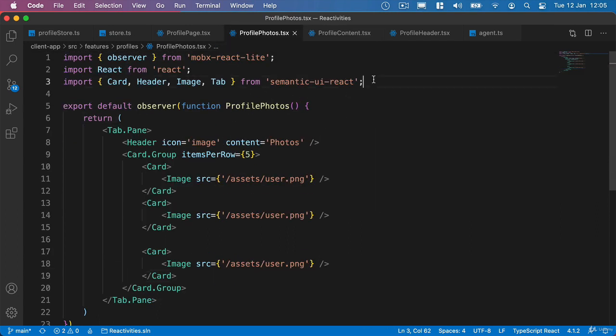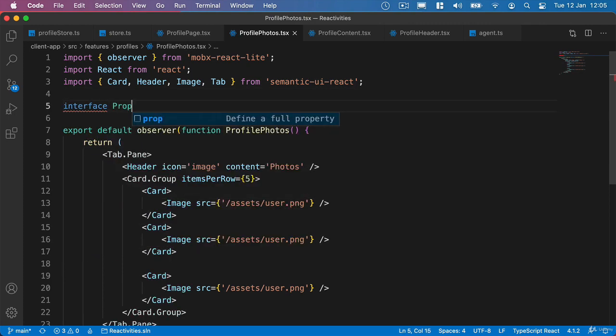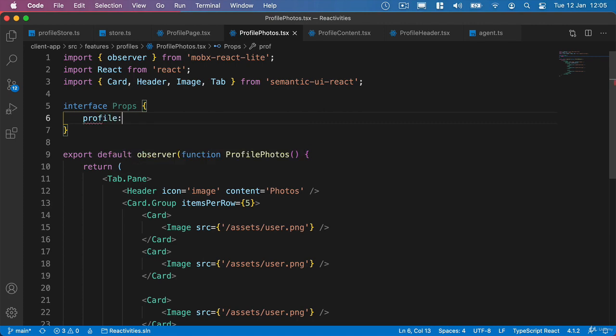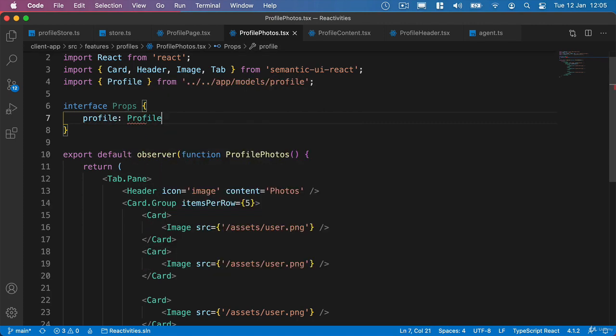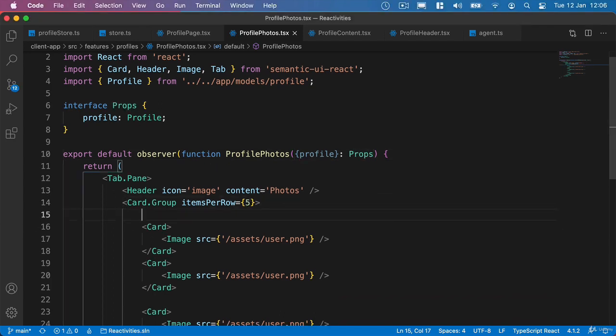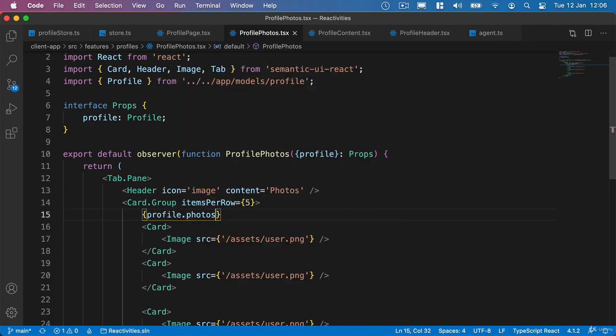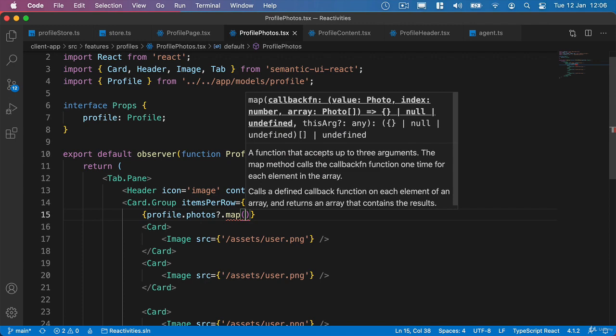So we'll head here next. Once again, we'll add another interface, and we'll say props, and profile is of type profile. And once again, we'll do the same thing again. We'll pass down our profile and specify props. And then what we can do is just loop over our photos. So we'll say profile.photos.map, and VS Code has kindly added the optional chaining here. And then we'll say photo,